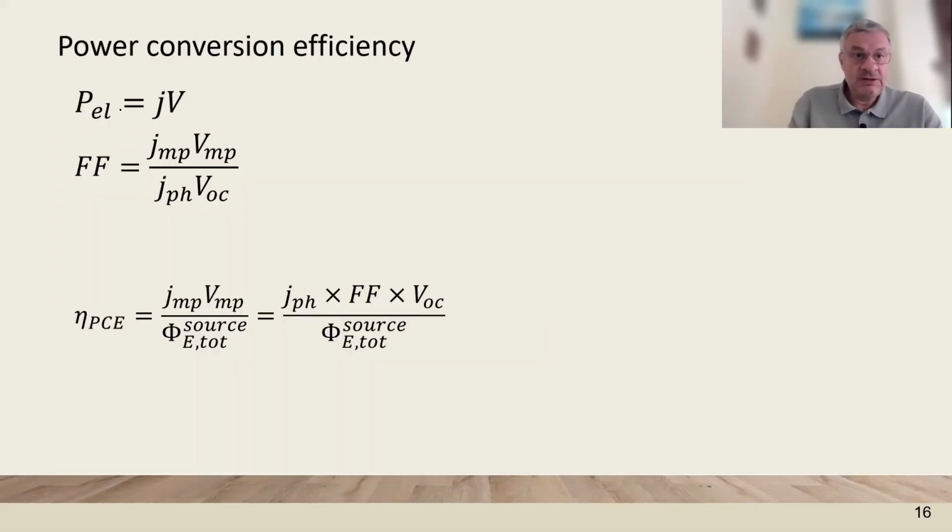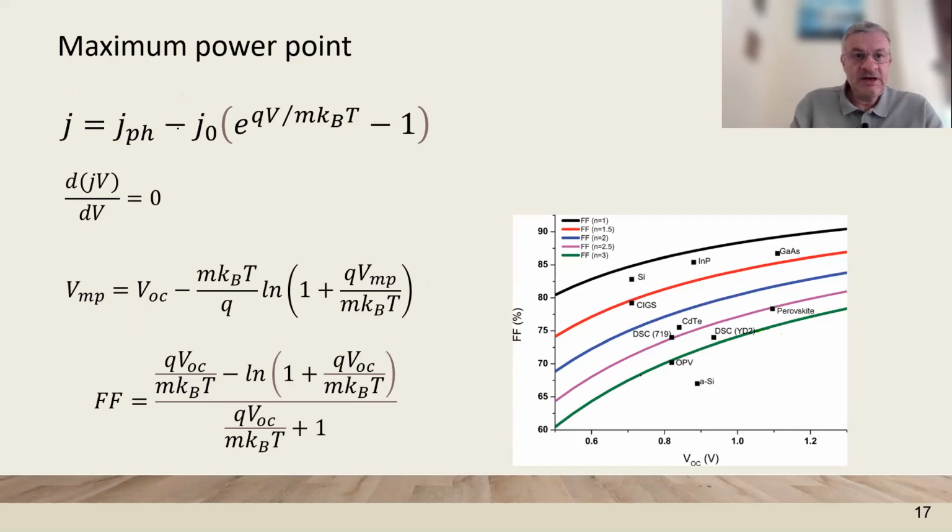The total power is JV. The fill factor is the product at the maximum power point and the maximum values. And then the power conversion efficiency can be expressed in terms of the fill factor. And it's a product of three things: the photocurrent, the fill factor, and the VOC. So this is the three things you have to optimize in order to increase the power conversion efficiency of the solar cell. Starting from a diode equation with an ideality factor m,